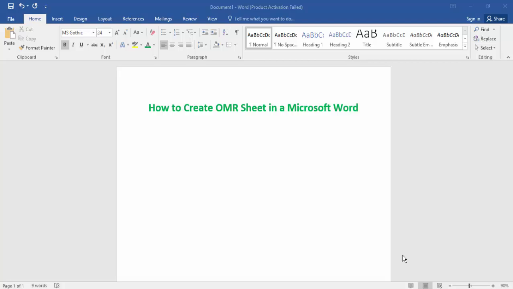Today's video: how to create an OMR sheet in Microsoft Word. So let's get started. At first, open a document. Firstly, to create an OMR sheet, the first option is the keyboard. Press 24D0 and Alt+X, then space, again 24D